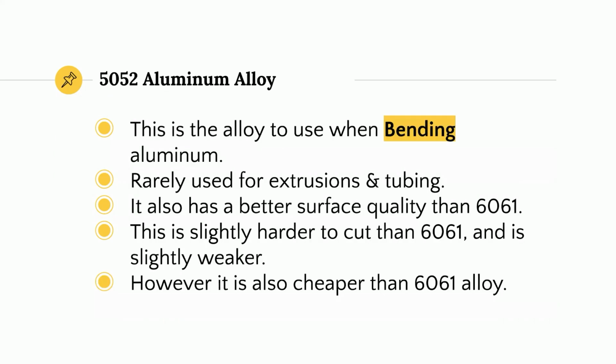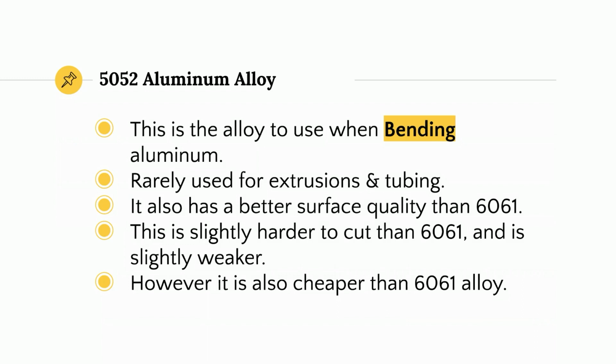The next alloy is 5052. This is the one you want to use when you're bending aluminum. So if you want to make bent sheet metal, this is the one to use. This is very rarely used for extrusions and tubing, and whenever you're trying to buy them, it's very hard to find them in 5052 alloy. That's because it's less strong, and